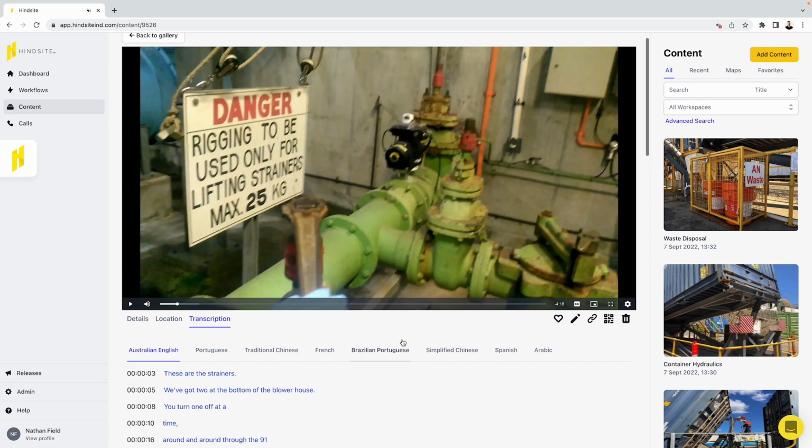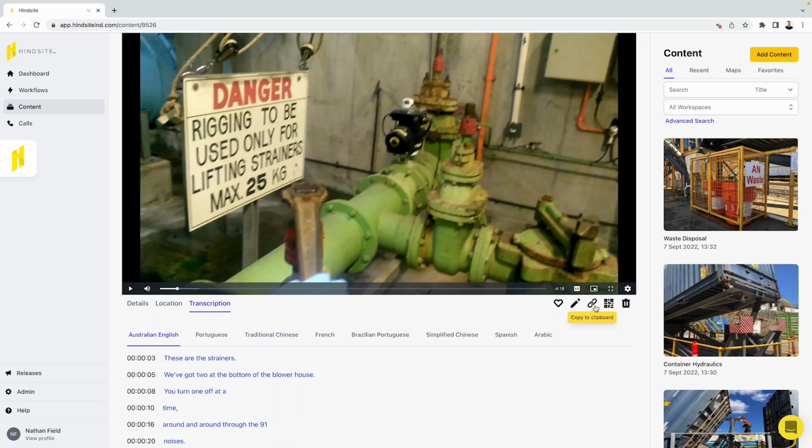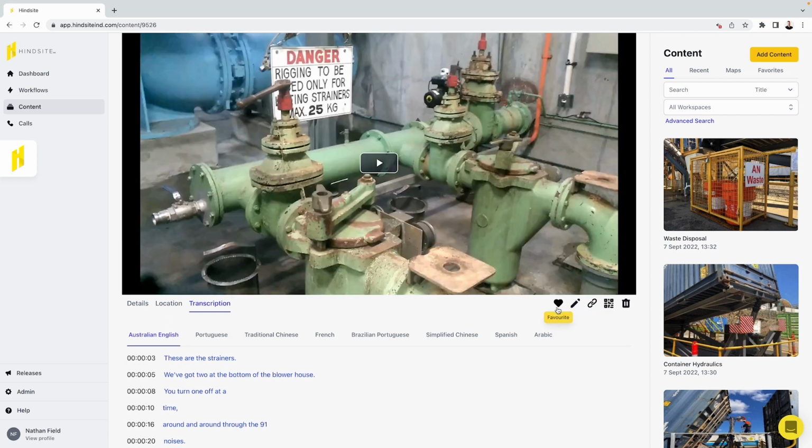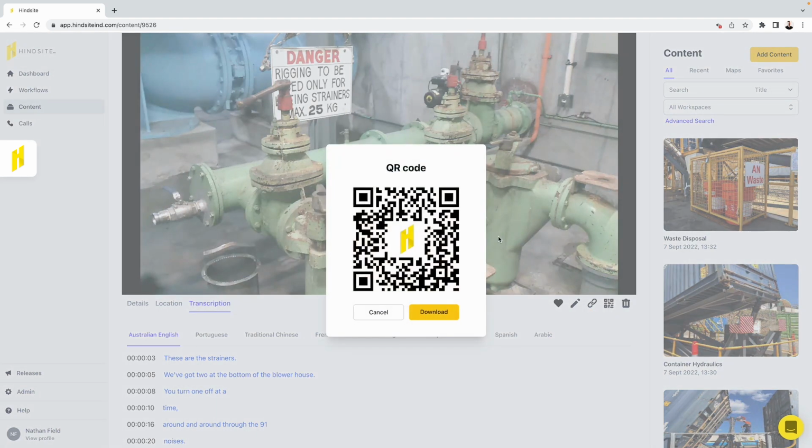All right, so there are other things I can do in this view. I can now copy that to the clipboard if I want to send that link to someone. I can then favorite that so that I can access it easily later on in the content page, or I can download a QR code. And that lets me print that out, put it on site for someone to scan if they need access to this blower house strainer